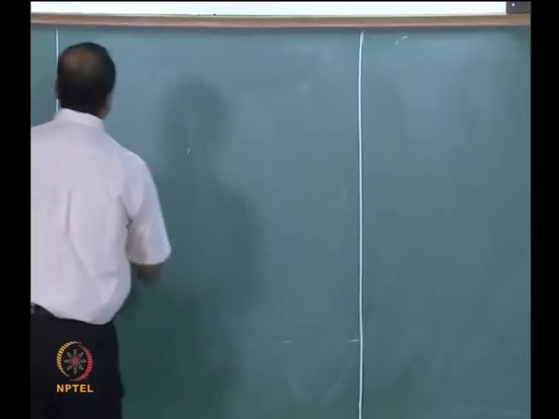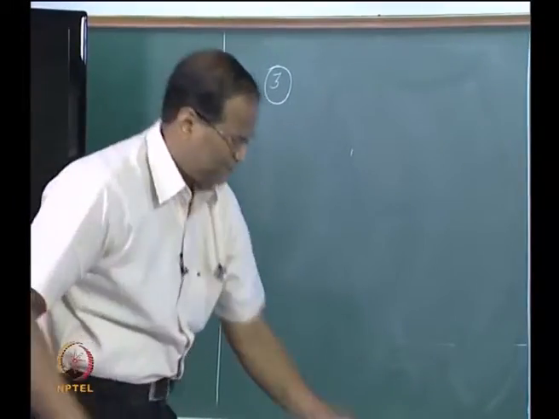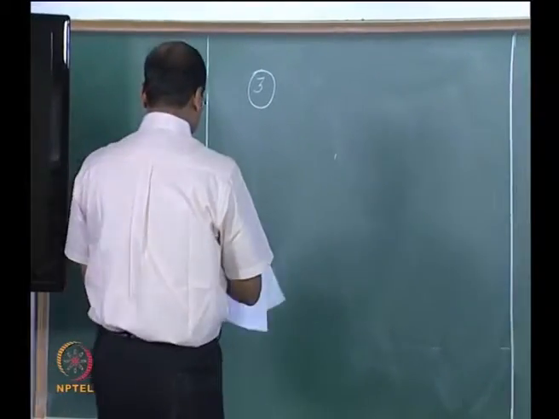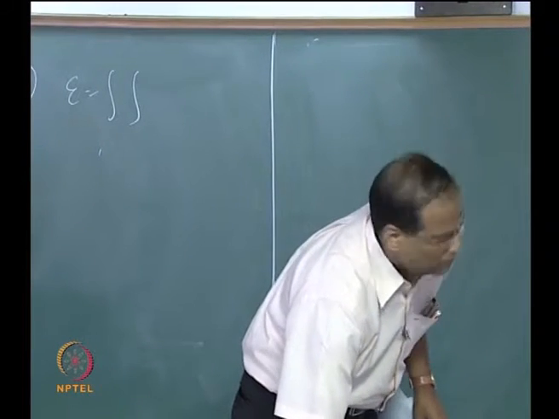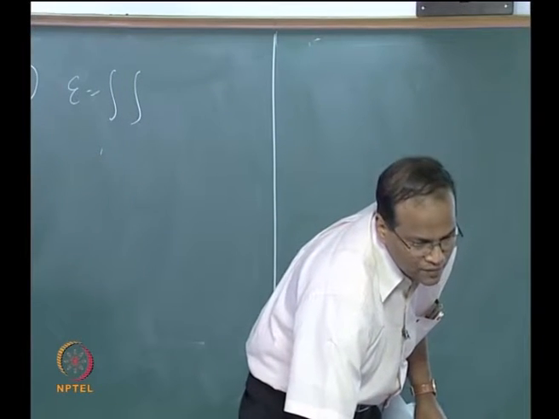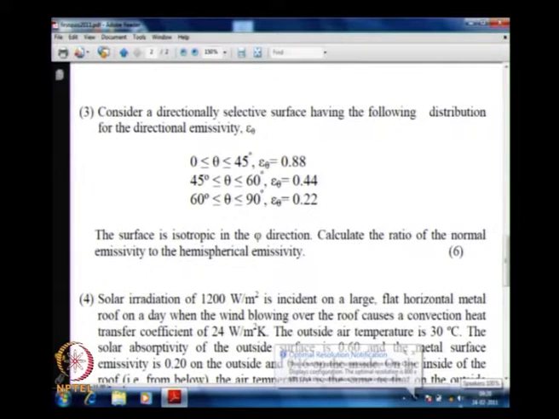Okay. Now, third question. Yeah, it was a straightforward question. So there was a small typo. This came as 45. It is supposed to be 60 to 90. So this is a directional